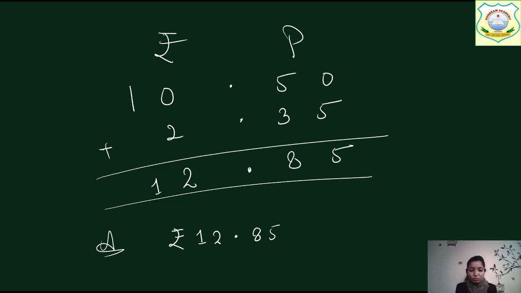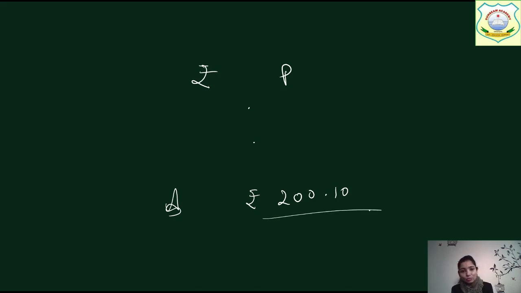Alright, so this is the bifurcation of rupees and paisa. So it's not required every time to write paisa always. In the answer we always write rupees 200.10 paisa. You have studied this, that we write and read rupees and paise like this. So when you do addition and subtraction also, you have to just write the answer in this way. Clear? So complete your today's work. Everything, book work, notebook, everything you have to complete.